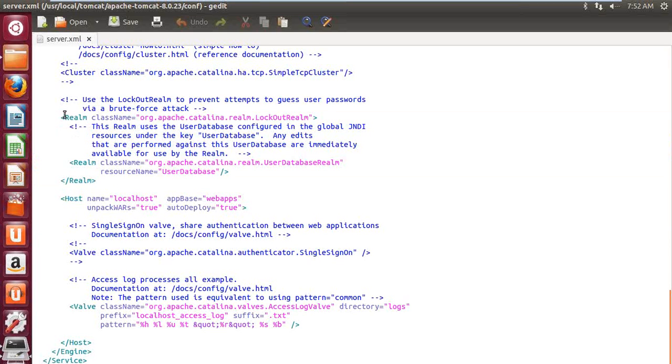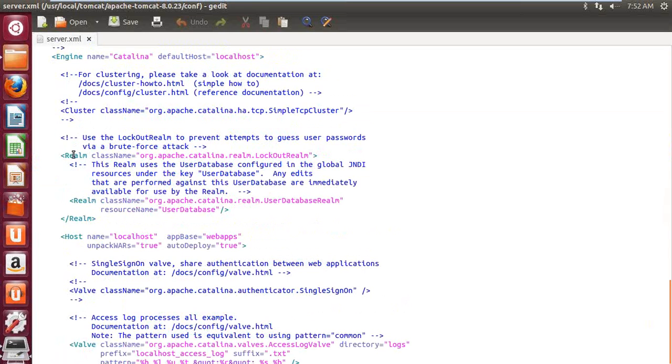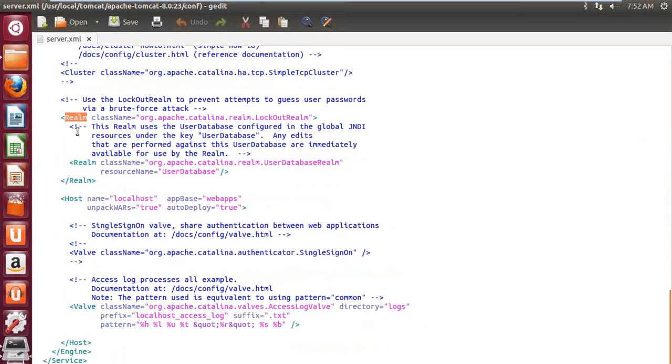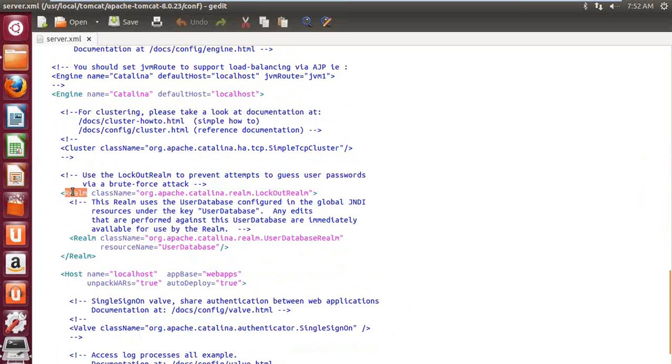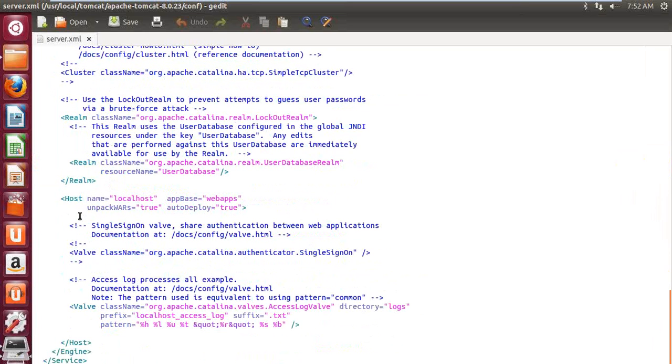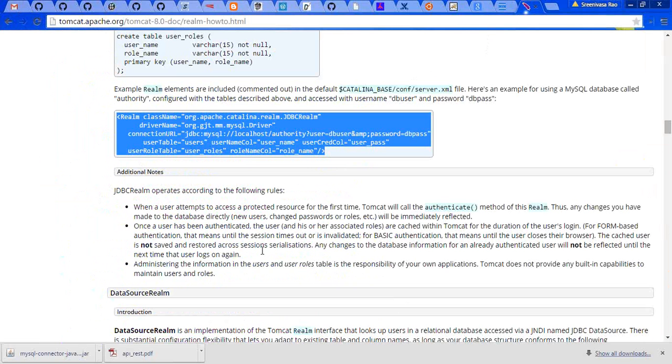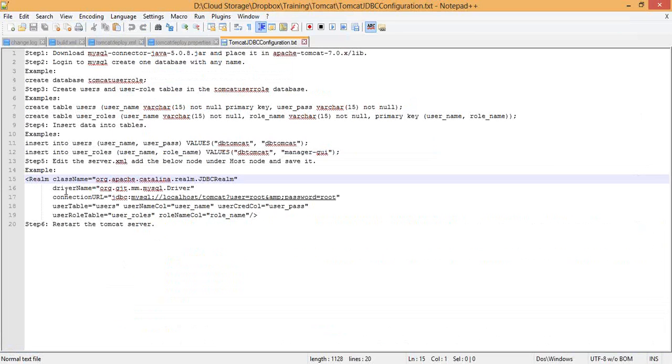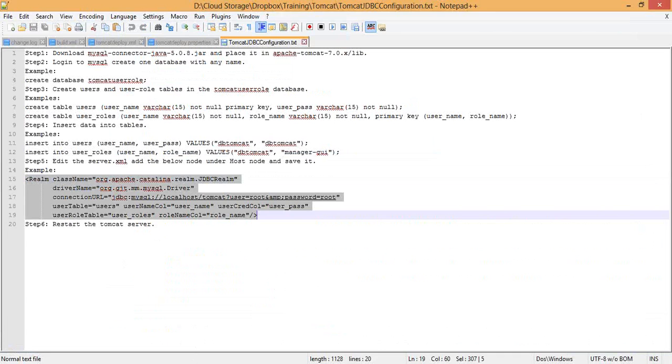If you configure this realm element in the host element, the host realm element will override this realm element. In the engine we have a parent level realm. If we configure another realm in the host element, this host realm element will override the engine realm. So we have to place our realm element here. Copy the realm element,